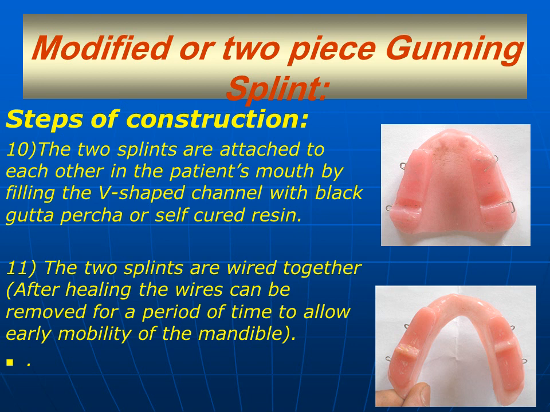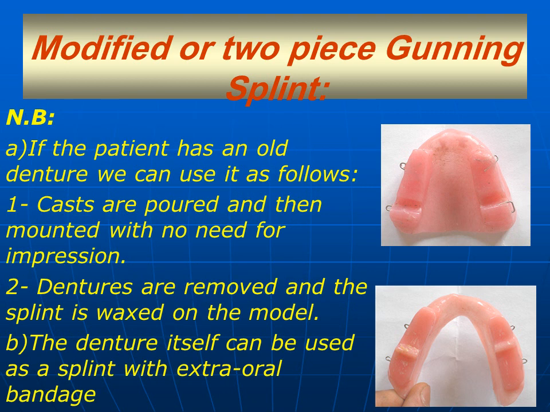After healing, the wires can be removed for a period of time to allow easy mobility of the mandible. That's to say, before removal of the splint completely, I will remove only the intermaxillary fixation and leave the upper splint connected to the upper arch and the lower splint connected to the lower arch. Therefore, the patient can move the mandible as early as possible to avoid the formation of